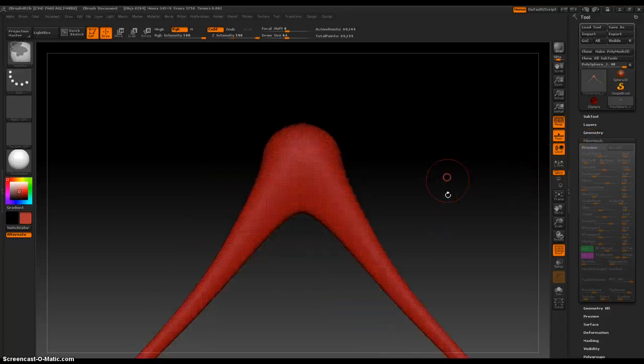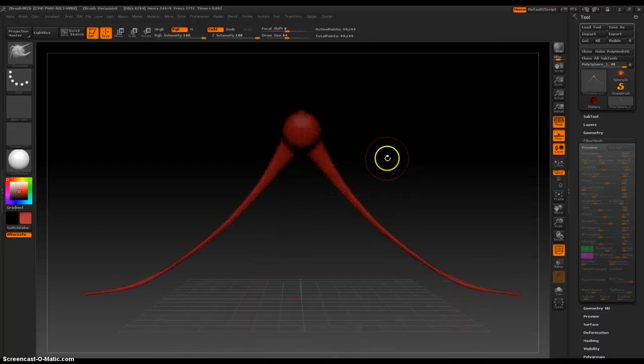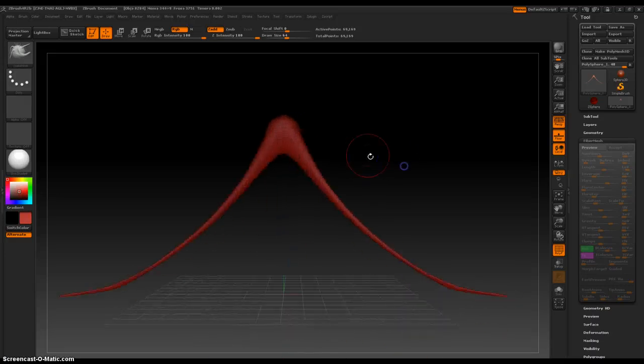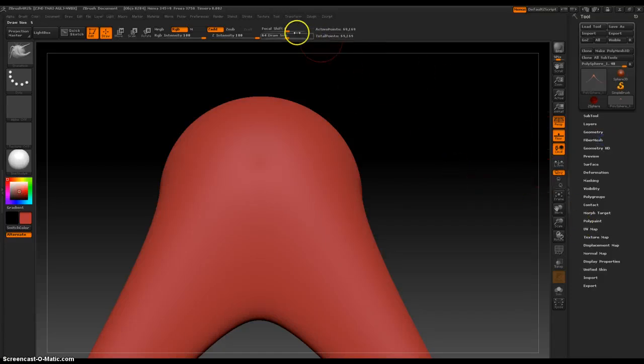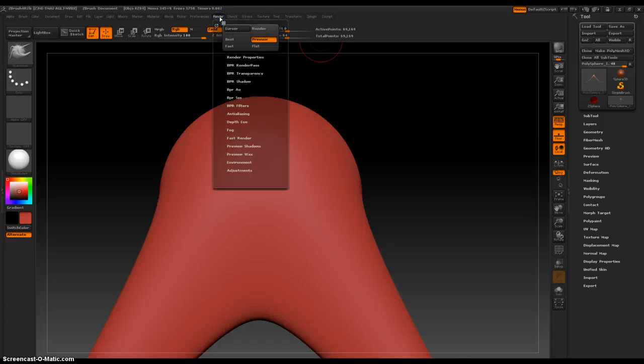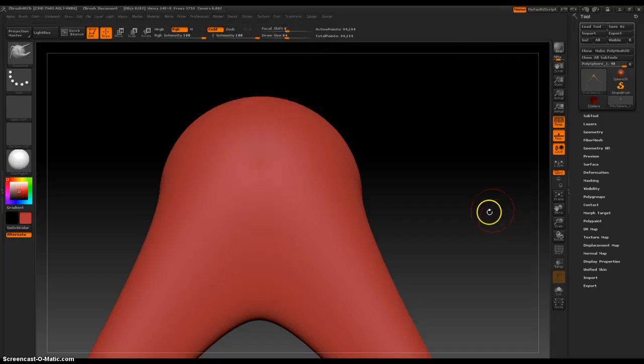Now I used a sphere to figure out how to use it, but this shouldn't be that much different. So let's just use this. Let's turn poly frame off and then minimize FiberMesh. Now you need to have in the render and then render properties, you need to activate Draw MicroMesh. Okay, so once that's activated, it is closer to rendering out the small little objects that you have or need to